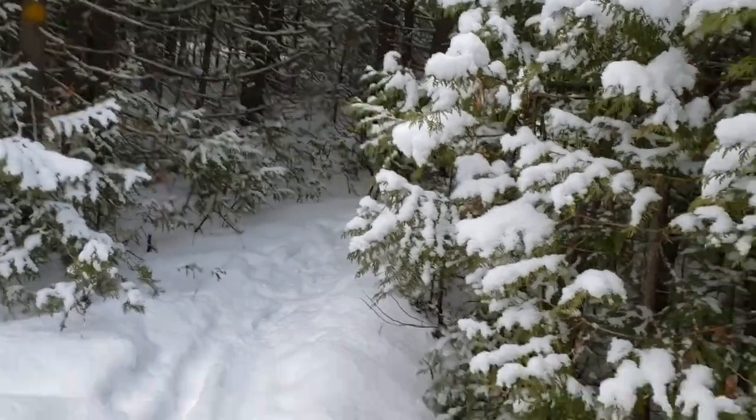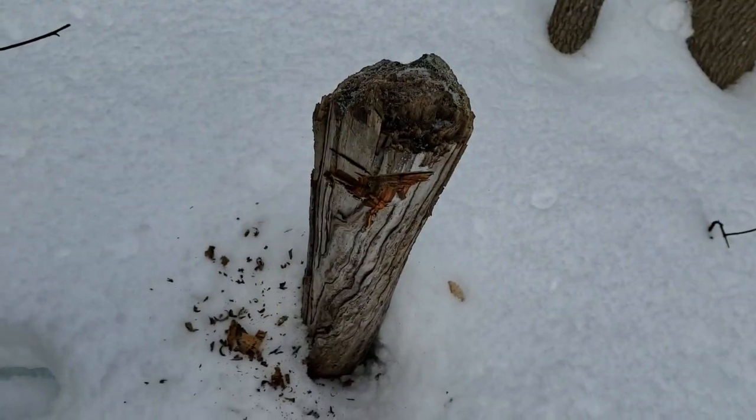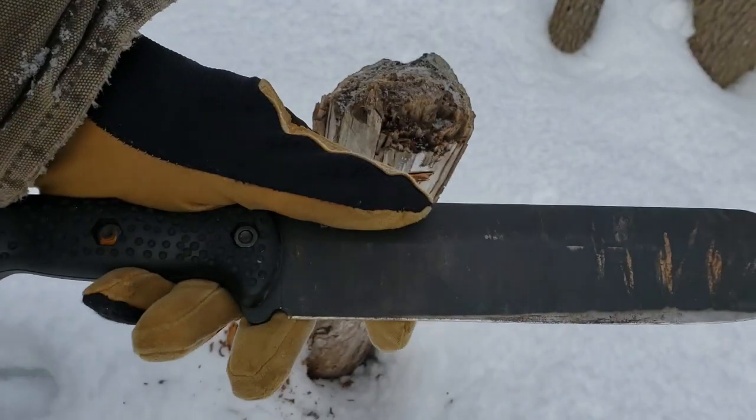All right, I guess we're going to be editing this a little. Okay guys, I'm here at a spot. I found this stump as I was walking, and I thought I'd stop here and carry on our conversation that we started. And I already showed you the two knives that I had in mind. The first one